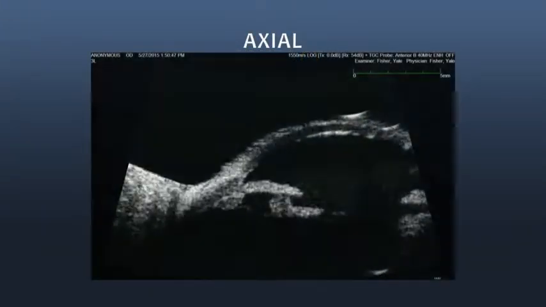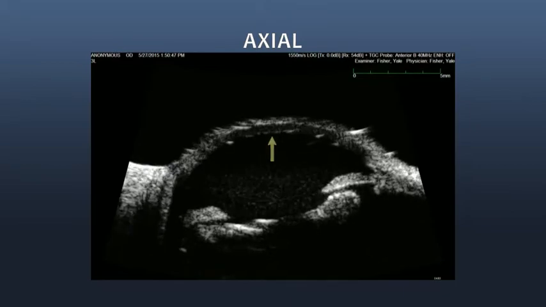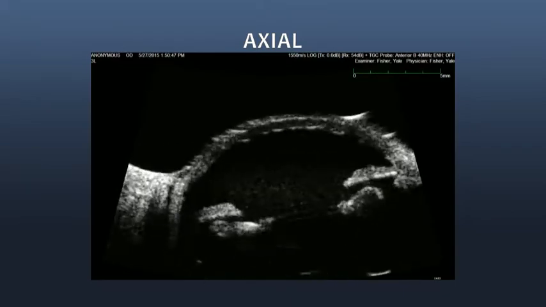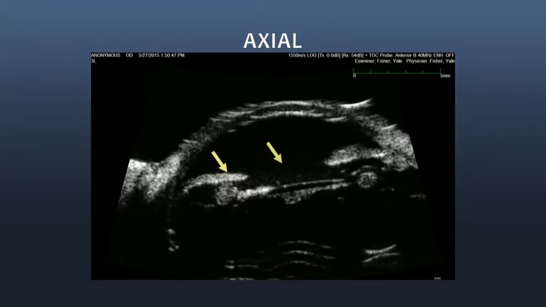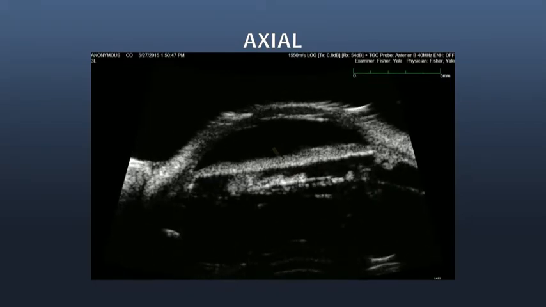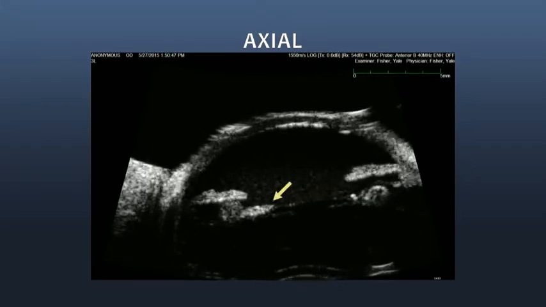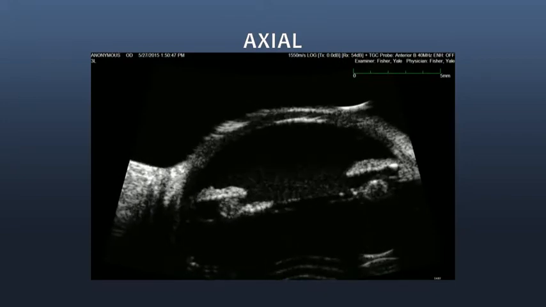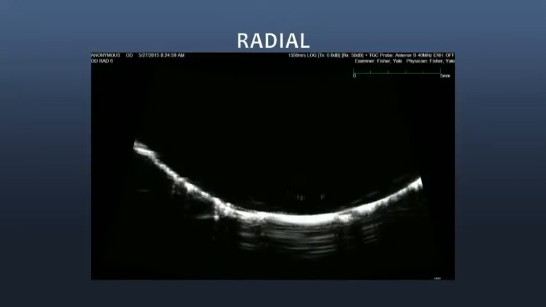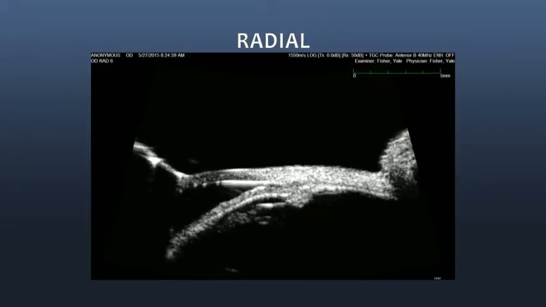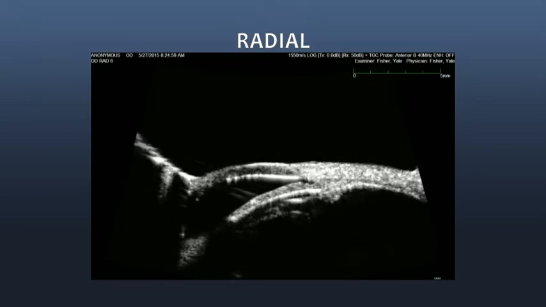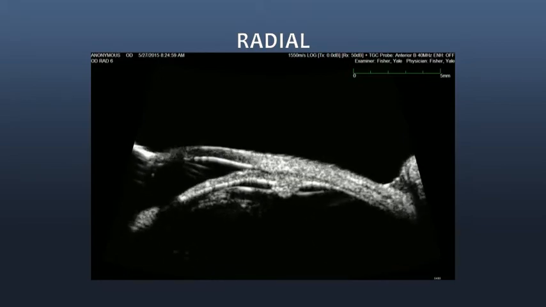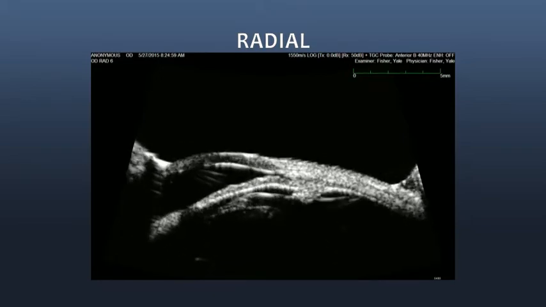The axial examination can be seen here with the cornea clearly visible with a resolution of approximately 23 by 35 microns. The iris, the pupil, and the position, in this case of a Sommering's ring cataract with an implant inside the capsular sac, are easily diagnosable. Radial imaging of the limbus is simple in that you just have to slip towards the clock hour that you wish, keeping the white dot towards the cornea and allowing a view of the iris, the ciliary body, and portions